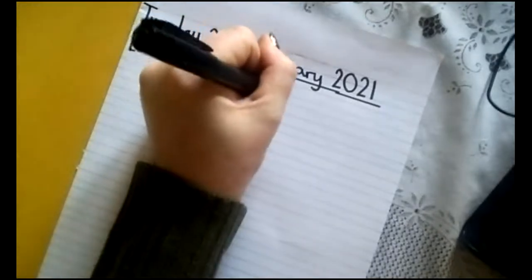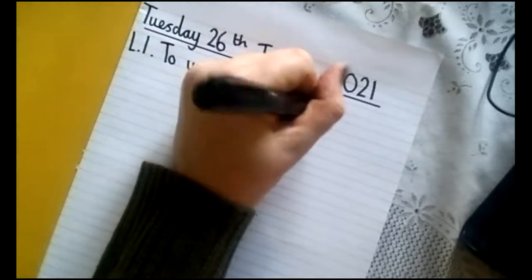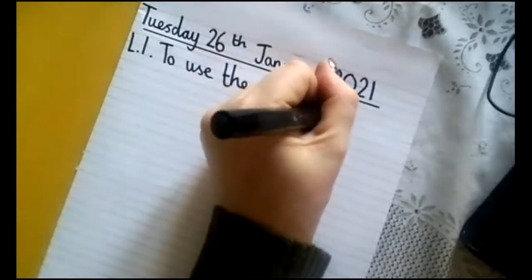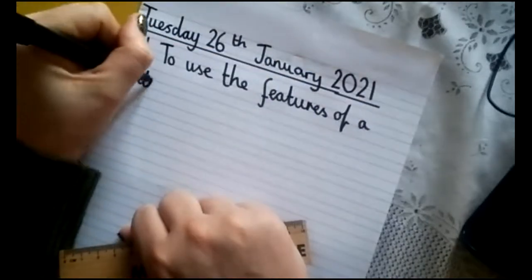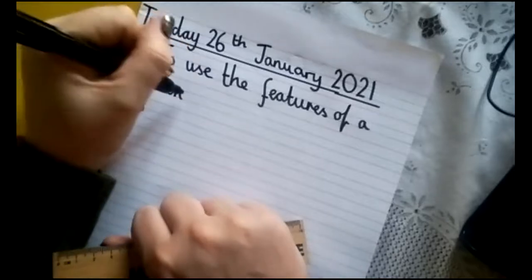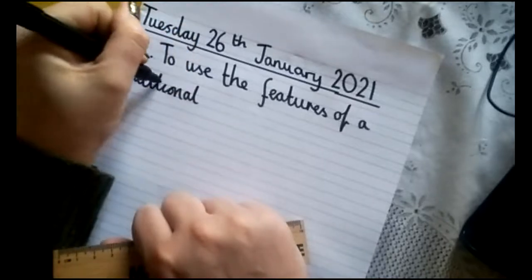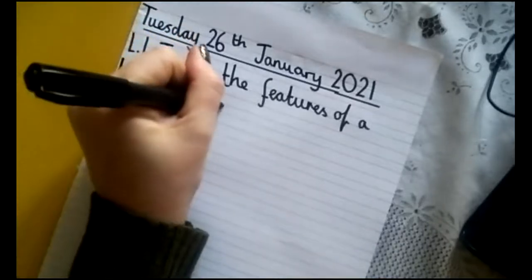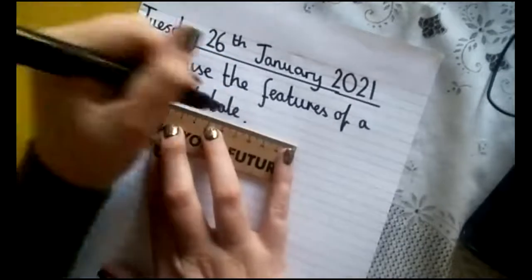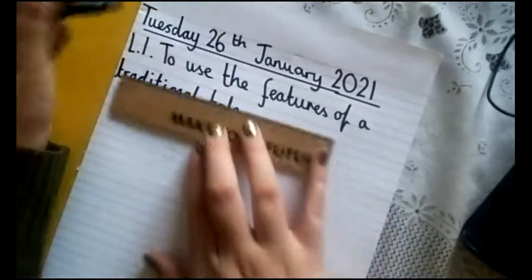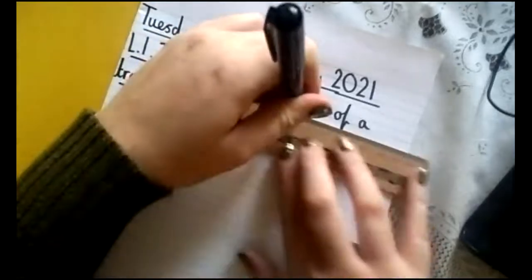See how my tall letters are tall and my other letters are a little bit smaller. Stop. Okay, so there is my learning intention and my date written out in my book, nice and neatly